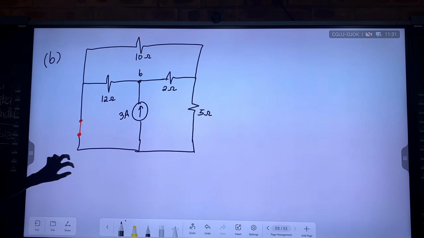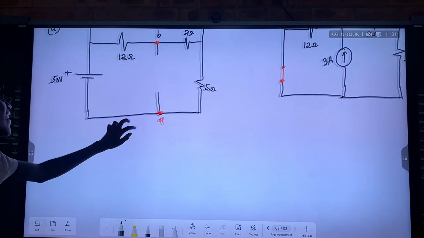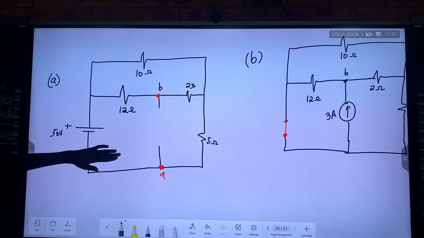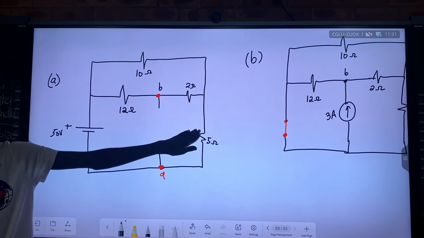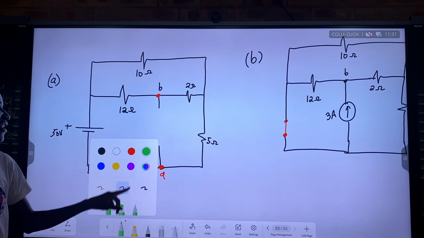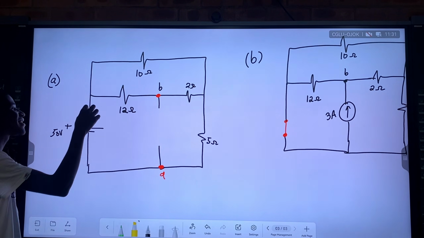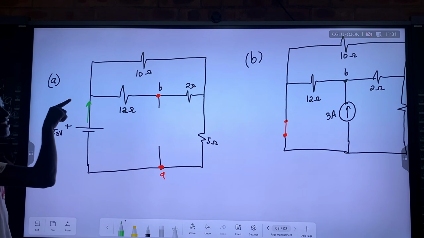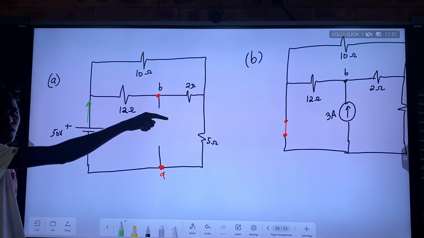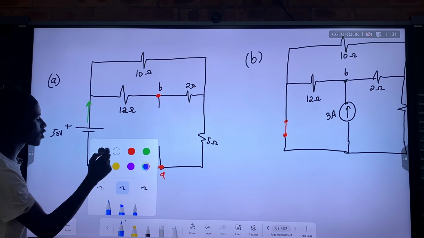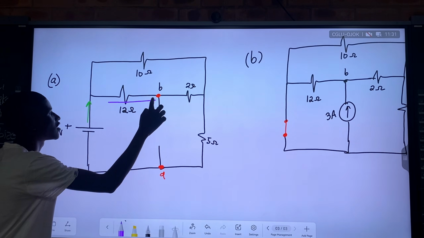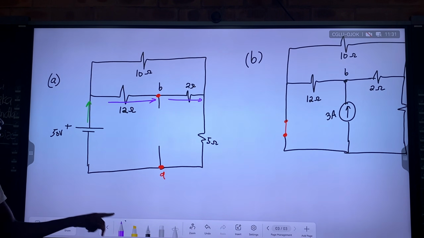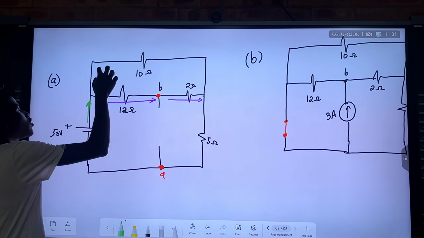So at this point, let's now do our calculation separately. Let's start with this one. If we want to find the effect, we want to find the current through the 5 ohms. So let's look at it. The total current is coming from the battery, and when it reaches this parallel combination, it splits. Some current will go to this division, and some will go to that division.